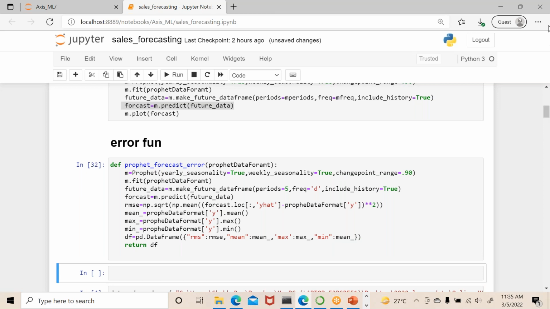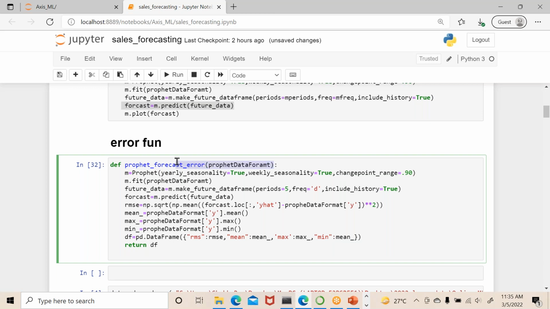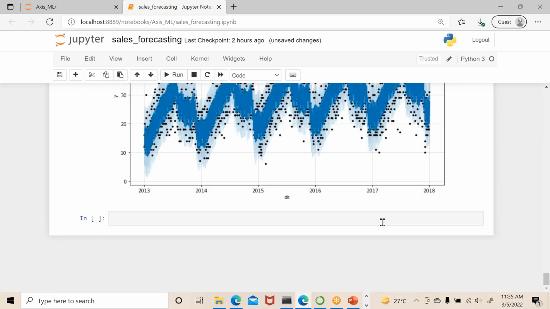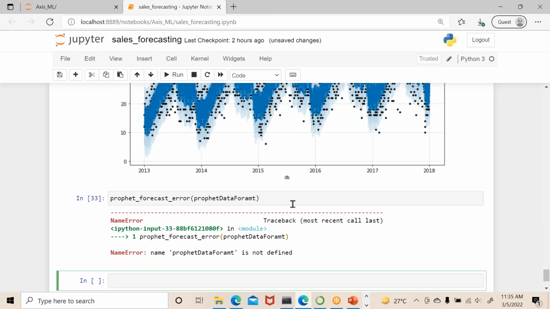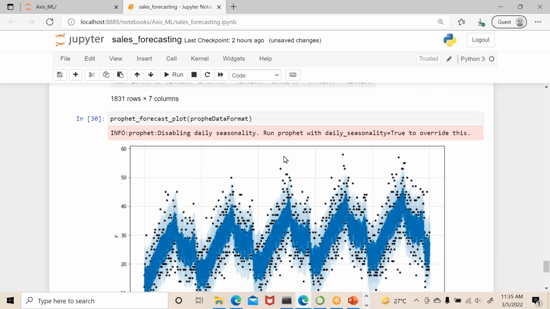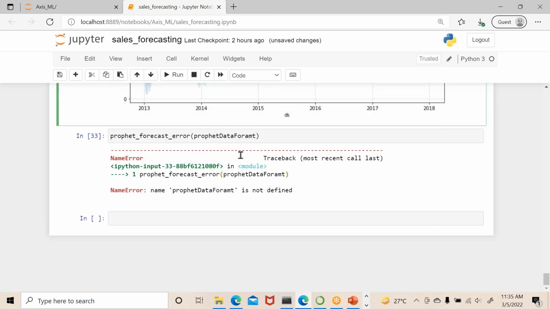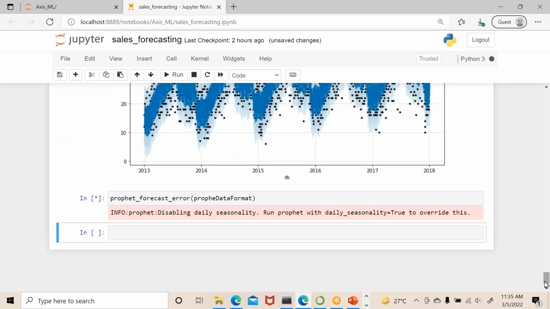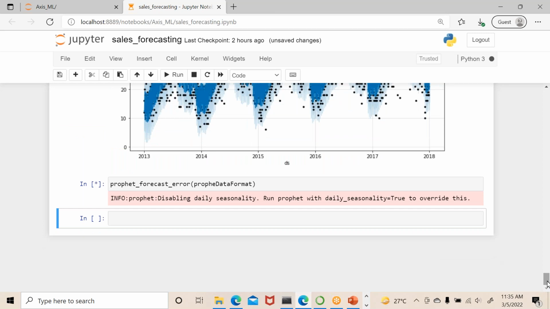Okay, so now I call this function, because Prophet data frame is already defined. Okay, so I just call this function, and let's check what is happening with the error. Prophet data frame is not defined. Okay, maybe what is the value? Let us take this one, and then this one. Okay, so now you can see here, after calculating all these things,